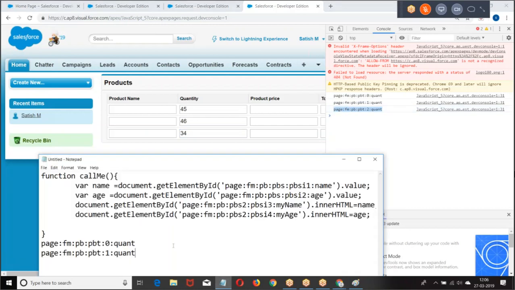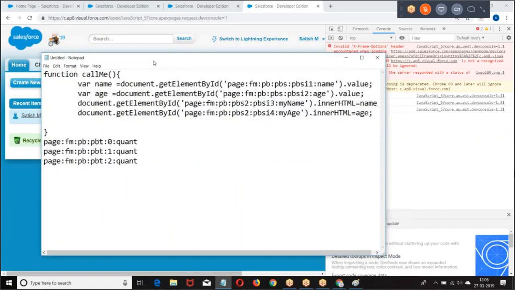So when you click on the particular element in the row, what did you get? Page, form, page block table, row number. If you can get this value, you know which row this is, right? The row number is printed. If you can get that row number, we know on which row we are working.